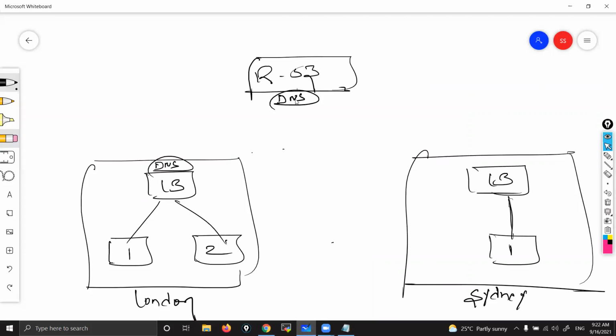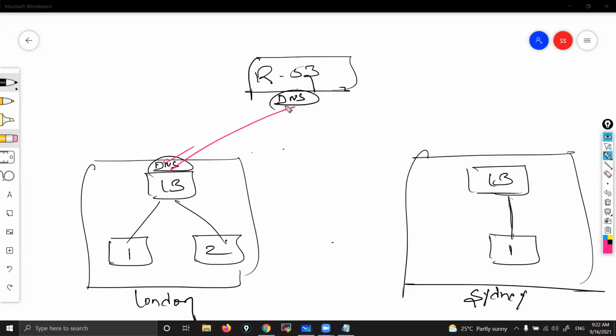So I'm going to connect them in a simple routing policy. We attach Route 53 to only one region, correct? Only one region. So for that, I need to create one record set. I'll tell you what this record set is. You know, right? Alias